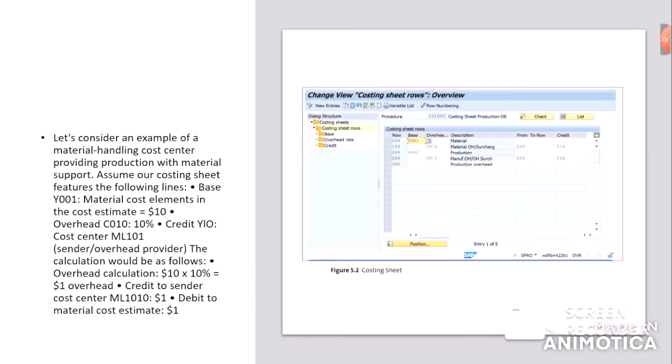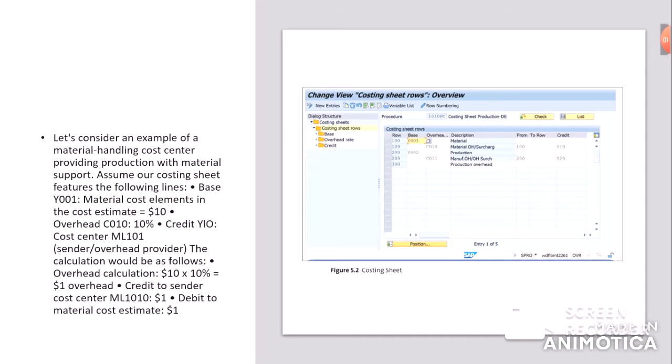Let us consider an example of a material handling cost center providing production with material support. Assume our costing sheet features the following lines: base Y001, material cost elements in the cost estimate is equal to $10.